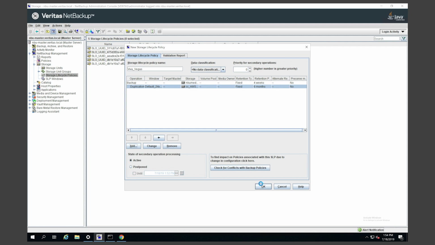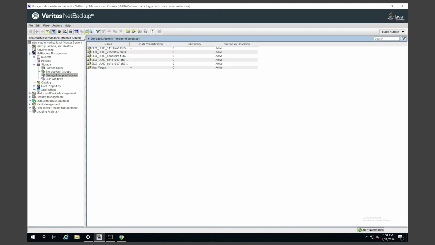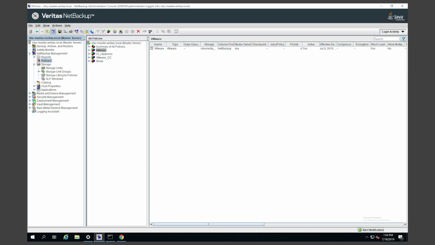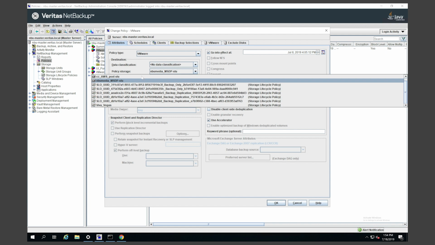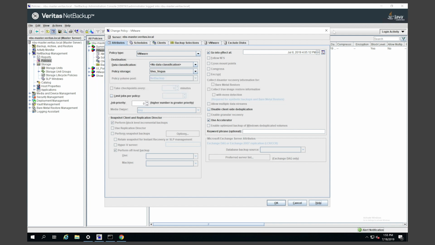We'll hit OK. And if we go back into our policy, go back into VMware, and go to storage, we're going to see Viva Vegas. If we hit OK, what's going to happen is it's actually going to take on the components of the Viva Vegas SLP. And so it's going to write a backup locally for a month, write a duplicate of that backup to the cloud when that local backup is expiring, and keep it there for 6 months. And that's automated behavior that can now be applied to hundreds of VMs at the same time, in this instance